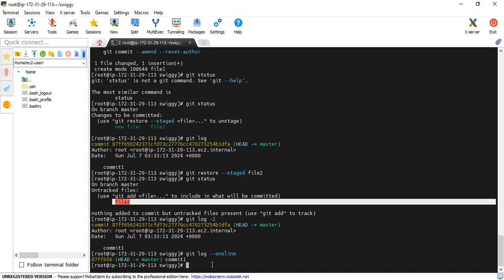Okay, it is the thing along with the message commit 1. What is the message I am using? Commit, by using the message of commit 1. Okay,